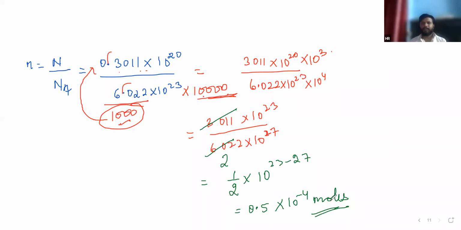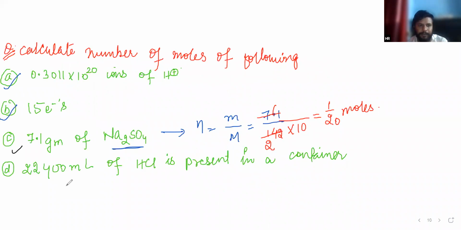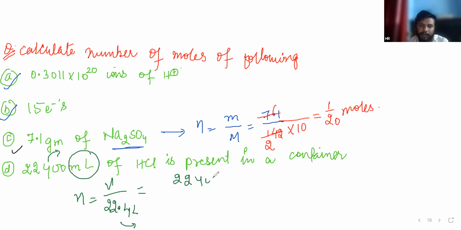Do you have problem in solving these questions, Arslan? D is 1, sir. Okay, let me check. Oh, very good. Number of moles is equal to given volume upon 22.4 liter. Now this is given in milliliter. Either you change it into liter, or if I'm taking it in milliliter, then we have to convert this liter into milliliter, and it will be equal to this much, and it will be 1 mole.